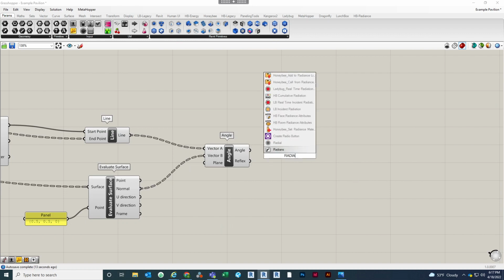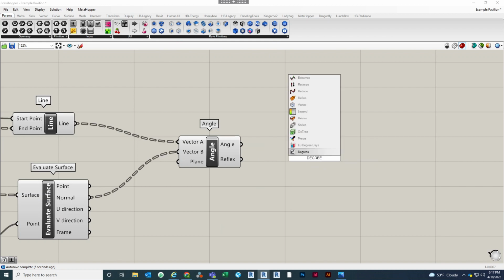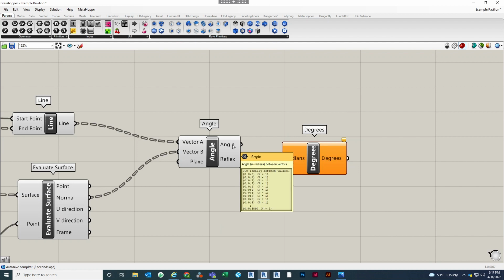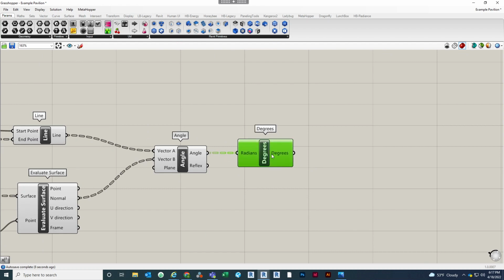transfer. Now remember, all the angles are going to be in degrees. Oh sorry, we need to do the opposite. This angle is coming out as radians, so we need to transfer the radians and convert the radians into degrees,